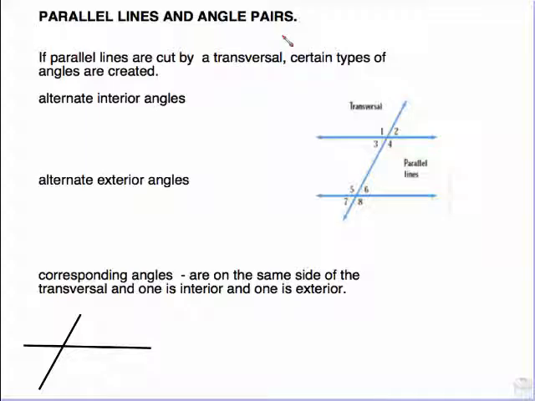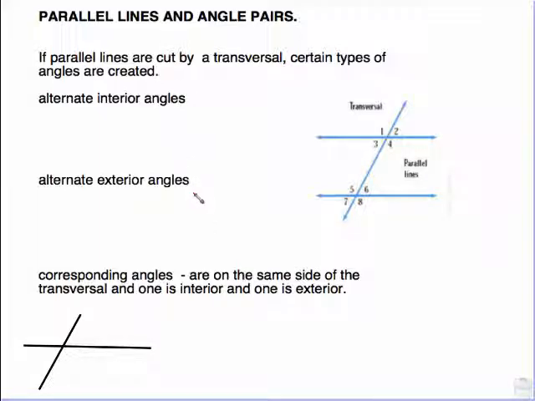Parallel lines make angle pairs when you cut the parallel lines by a transversal. What a transversal means is a line that cuts across these two parallel lines. We have created three special types of angles. One type is called alternate interior angles. Now, these words are not crucial. You're going to be able to do the problems without memorizing the words, but I will show you what they